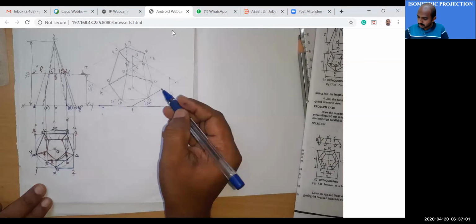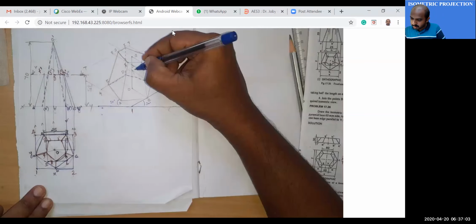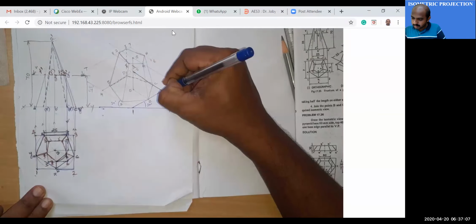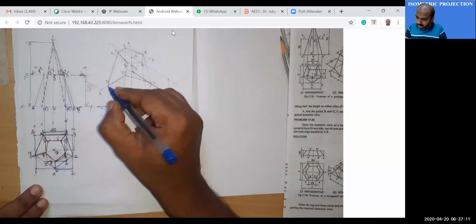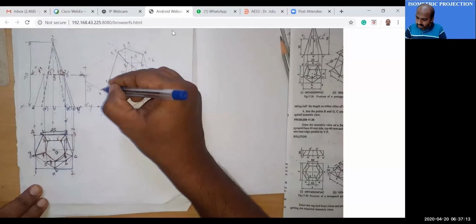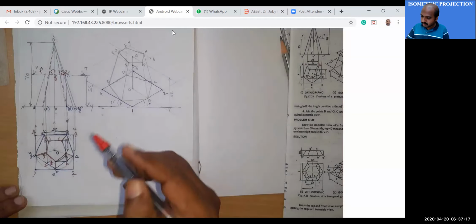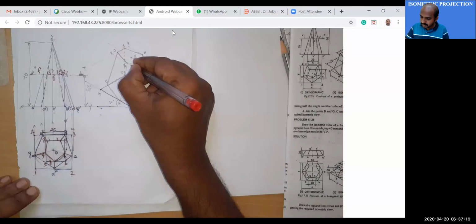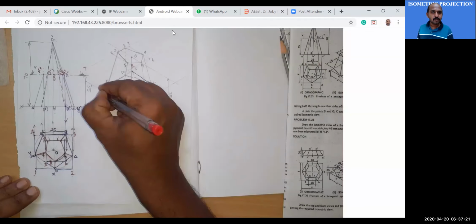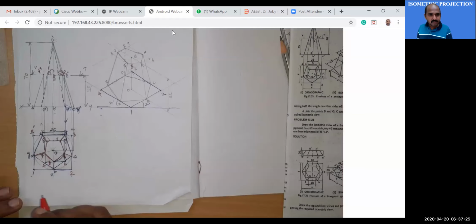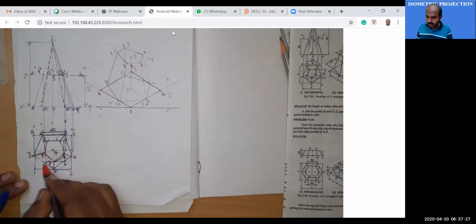Then you can complete the remaining points also. Here measure 2 to 3. The procedure is the same. Then 3 to 4 and 1 4. So you complete the isometric view of this. Mark this as 3 and this as 4. Now we think about how to transfer each point A, B, C, D, E to this one.